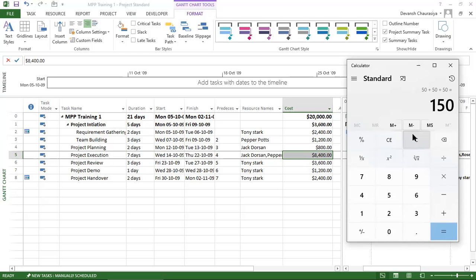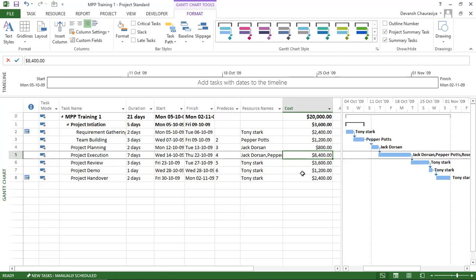I get this much as the hourly rate which I'm spending, into 8. All are working for 8 hours, into 8. So 1200 every day. And they are working for 7 days, into 7. This is how I'm getting 8400 over here.